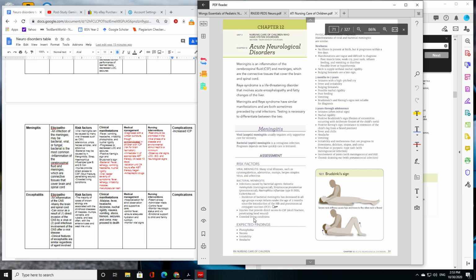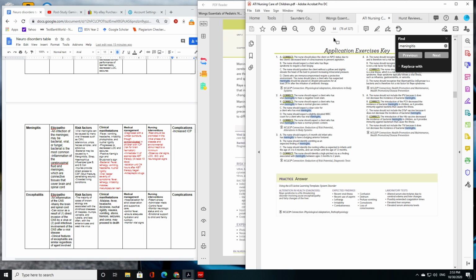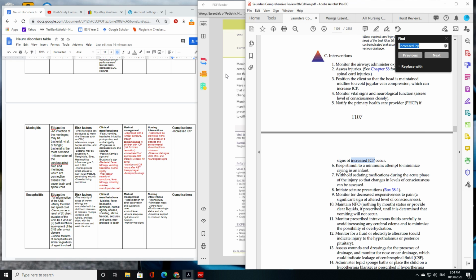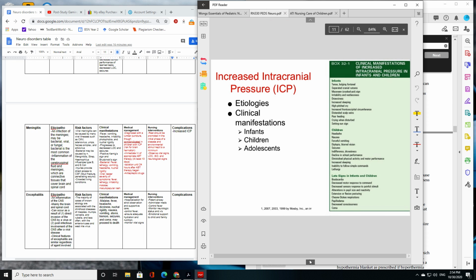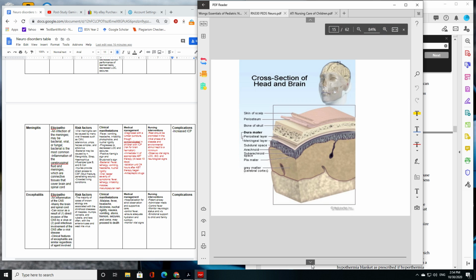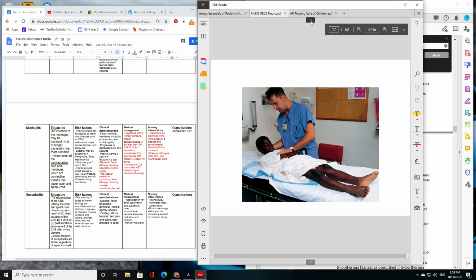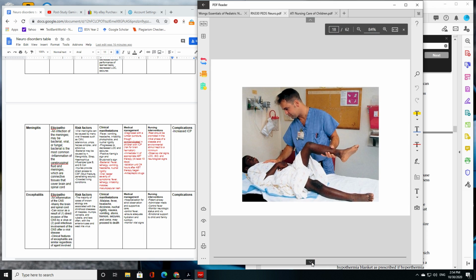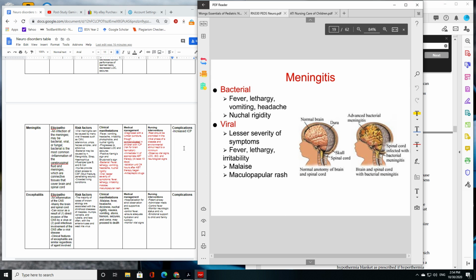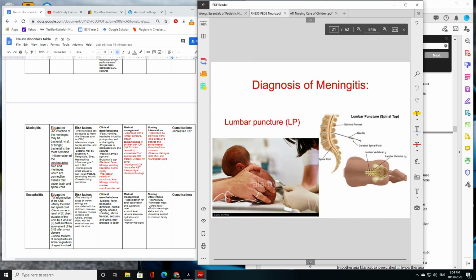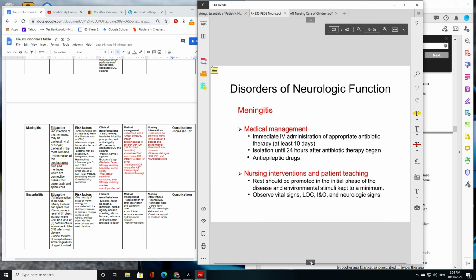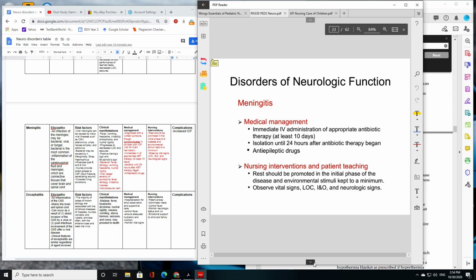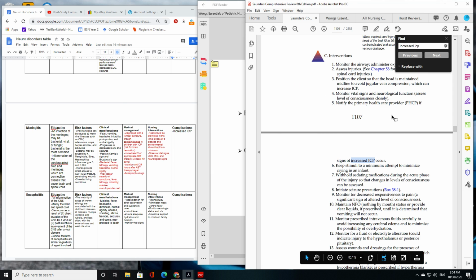Clinical manifestations, you can get them either from the PowerPoint itself, which is going to be, let's see. I think I put, so let's go to meningitis here. And so I take the PowerPoint. Everything I do is based on my teacher's PowerPoint, and I just add to it. Bacterial, viral, and let's see, diagnosis, and then any gaps in information. Right? You take this, I transfer it there, I take notes, and any gaps in information I fill with